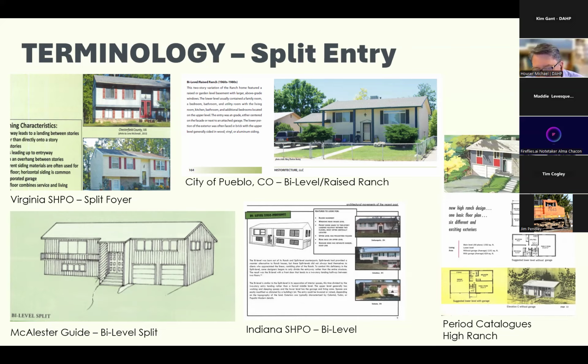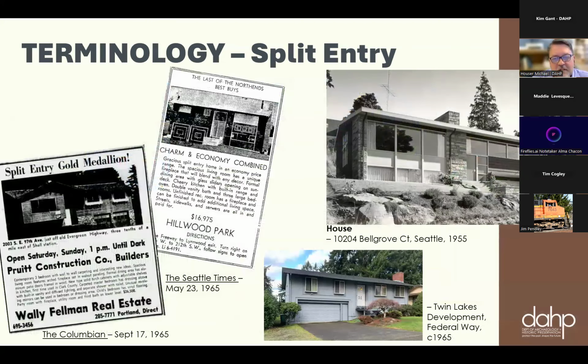In Indiana, they're just called bi-levels, or raised ranches in Colorado. I'm big on using period catalogs and newspaper articles, and they call them high ranches. In our world, a raised ranch has the door on the second floor with massive steps going up to it, but still with the basement exposed. But in the split entry, it's right in the middle. So in Washington State, we're using the term split entry,